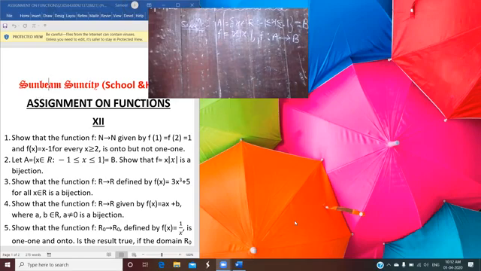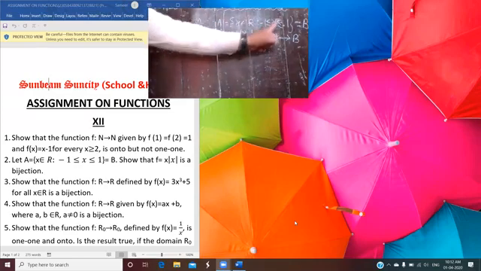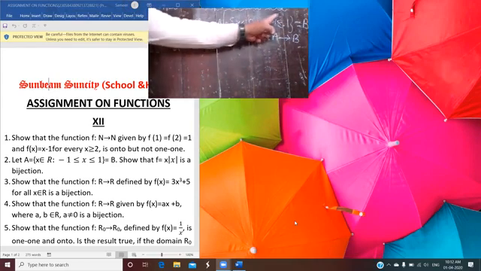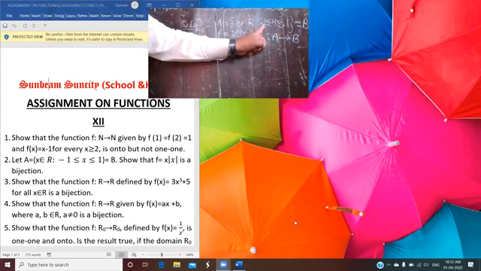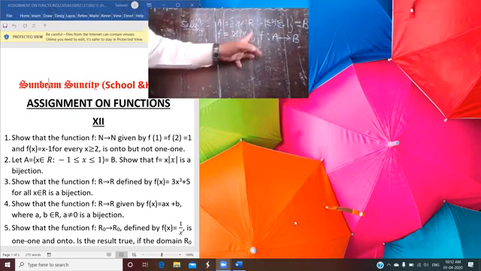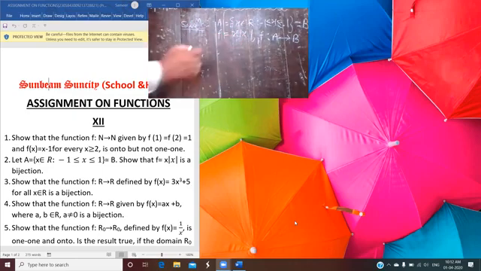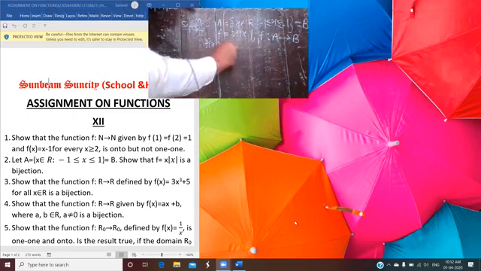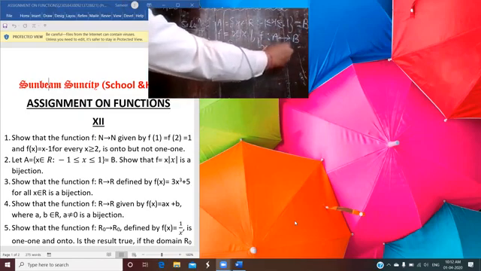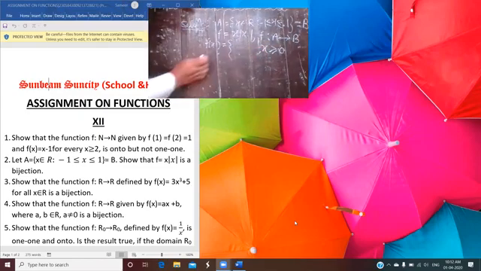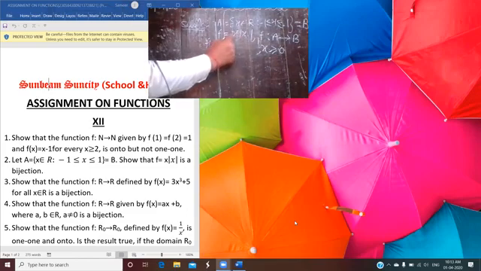No doubt, if you take two distinct elements, but here you see that the value of x, that is the domain, is from minus 1 to 1, the closed interval. Here you have the modulus function. So if you rearrange the function, the value of the function is like this: if x is greater or equal to 0, the mod of x is equal to x, so x into x becomes x square.